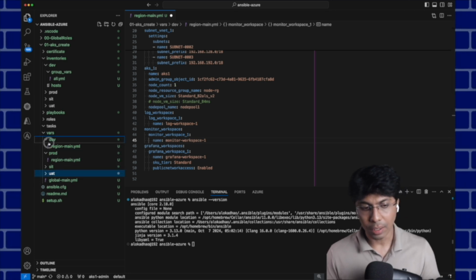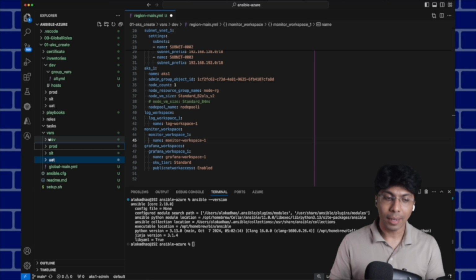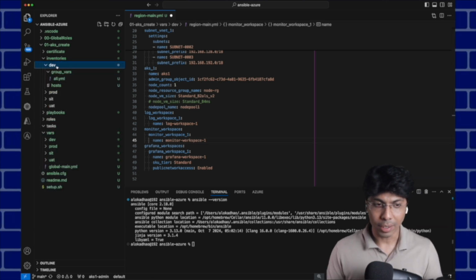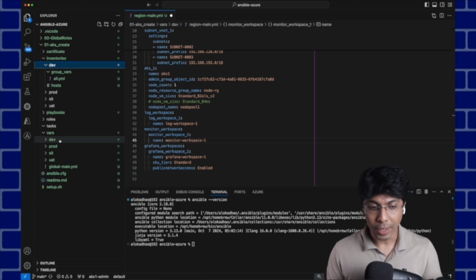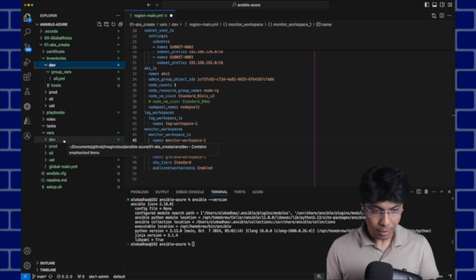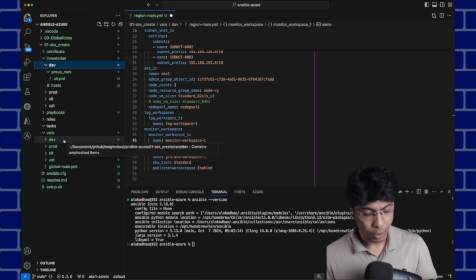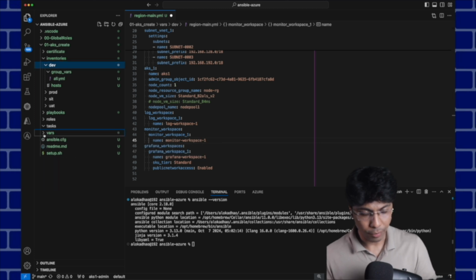I'll do the same for production, for SIT and for UAT. And when we run our playbook, we tell it which particular inventory we are utilizing, that is dev, and which particular variables we are utilizing. Okay, this is how we achieve this. So this is my variable, and then the important part is